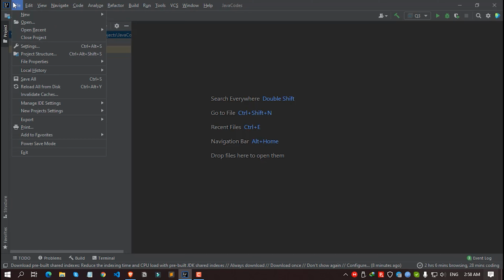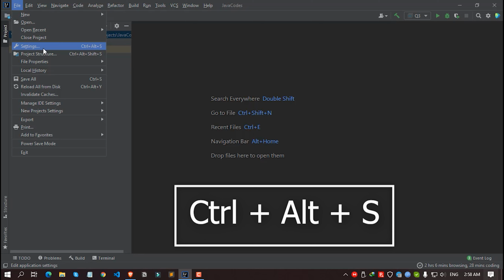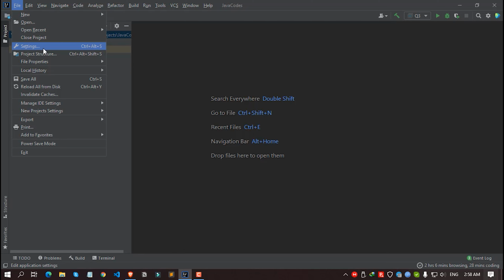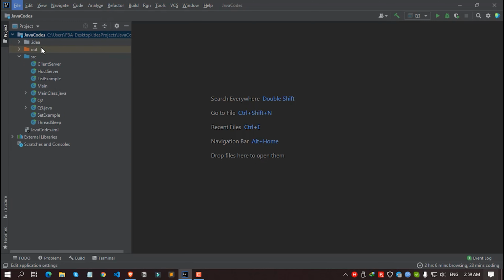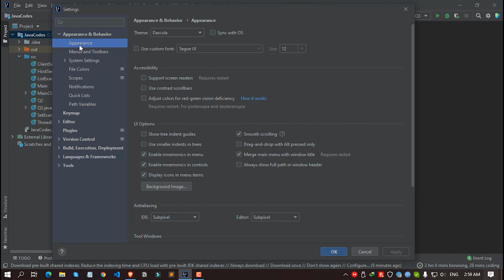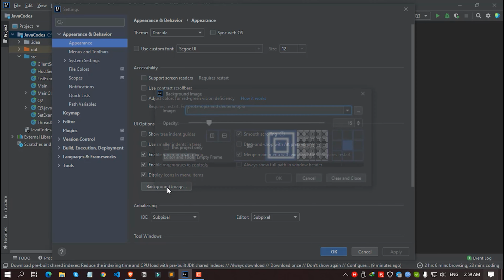Simply go to File, and then go to Settings. The shortcut key for this on Windows is Ctrl Alt S, and for Mac it would be Command Alt S, if I'm not mistaken. However, simply open Settings, go to Appearance, and here under the UI options you will find this background image. Simply click on this